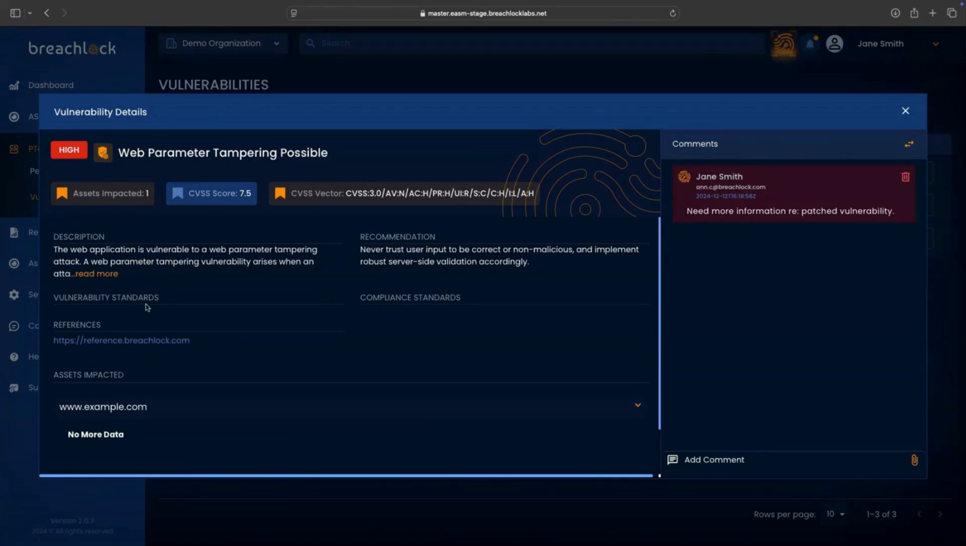Below this are vulnerability standards and compliance standards. Vulnerability standards refer to standards specific to an industry and target asset type. For example, OWASP Top 10 Broken Access Control. Other vulnerability standards might include OWASP ASVS Level 2, NIST Cybersecurity Framework, and other vulnerability standards, which would be visible